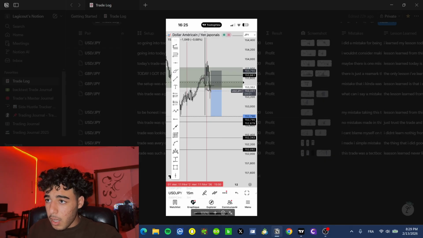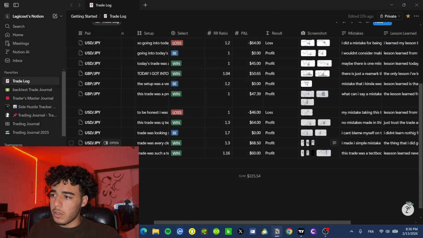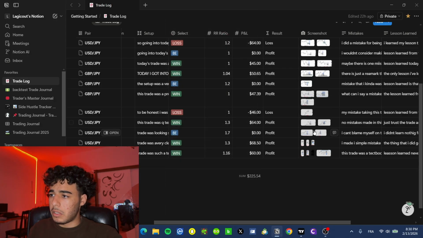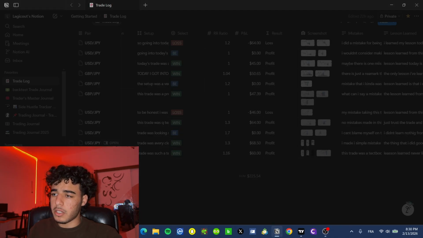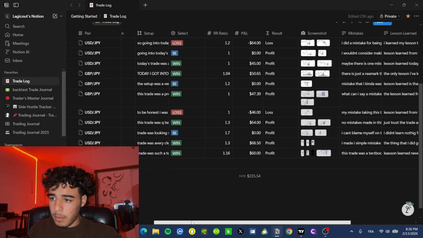Right here, we broke the structure on the 15-minute time frame. There was a little bit of retracement, as you can see. We retraced back into the lower time frames, the 5 minute or the 1 minute, I don't remember. But then on the 1 minute right here, we broke the structure, and after that I closed the app, just set and forget. We got good price action, and we hit TP eventually while I was in class. So that's the first winning trade I hit this week.